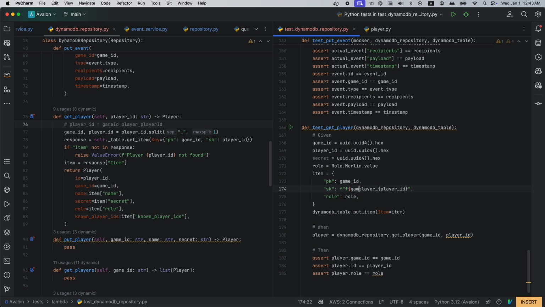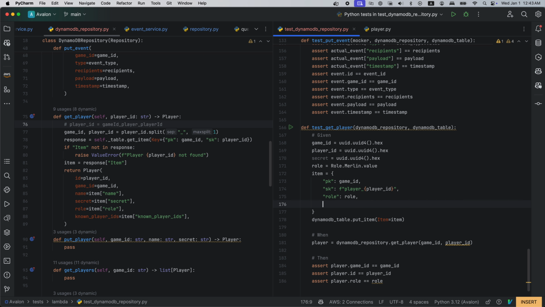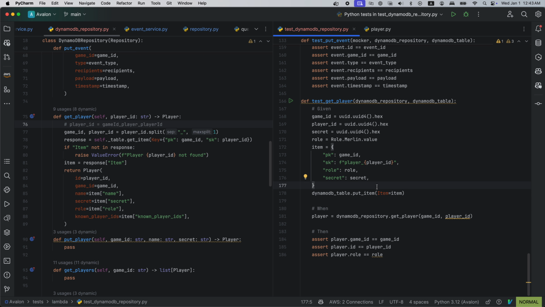No, sk actually is this. Yeah, this is correct. Row is row. Secret is secret. Okay, no, that's fine. So we put this item in. When we actually get a player, the player ID is a little bit different. So in this case, it is actually the game ID